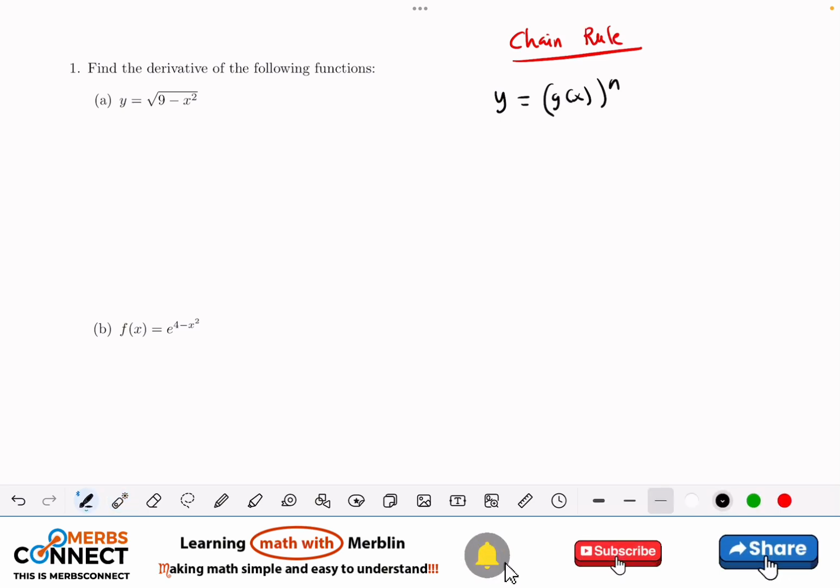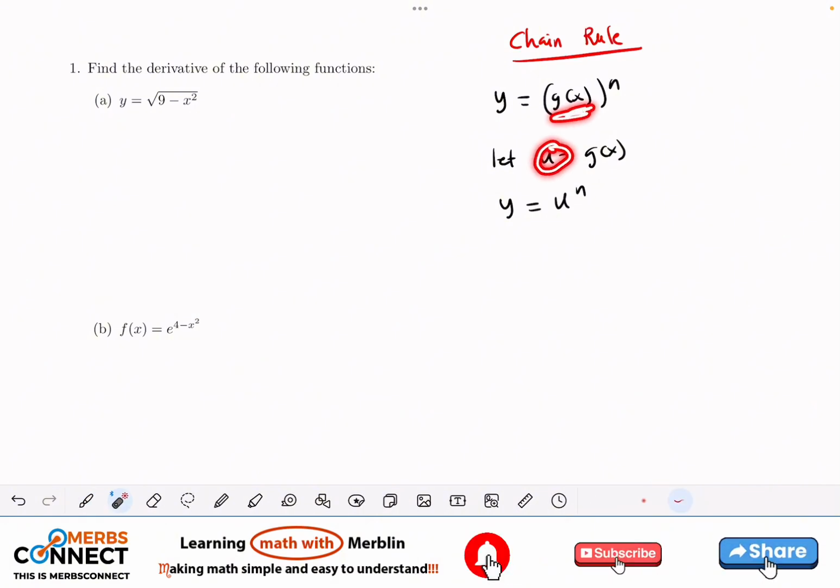So the first thing I'm going to do is let u be equal to g(x), the one in the parentheses. It means that my new y is going to be u to the power n, because this g(x) here is the same as u, so u to the power n here. That's what we are going to get. So now we need